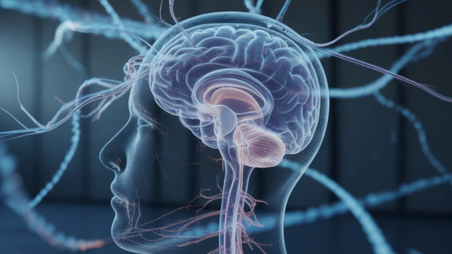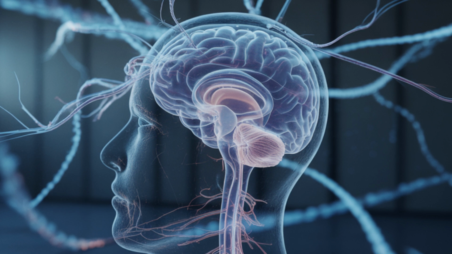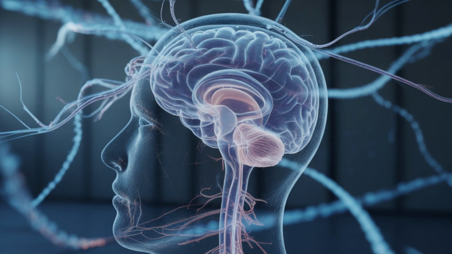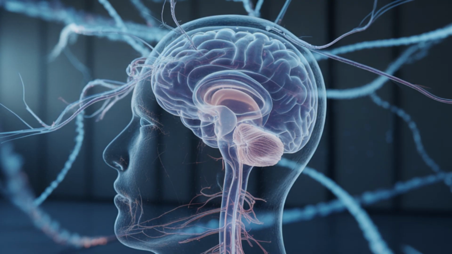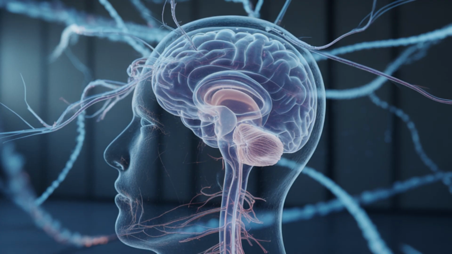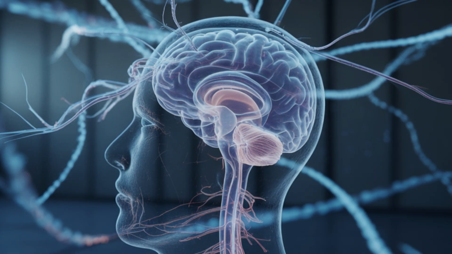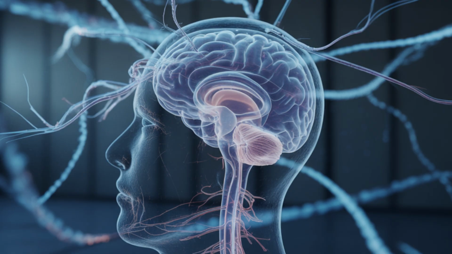The spinal cord organization reflects a segmental pattern inherited from our evolutionary past, with 31 distinct segments corresponding roughly to the vertebral column above. These segments include 8 cervical, 12 thoracic, 5 lumbar, 5 sacral, and 1 coccygeal segment, each giving rise to a pair of spinal nerves that innervate specific regions of the body. This segmental arrangement creates dermatomal and myotomal patterns that allow clinicians to localize spinal injuries based on sensory and motor